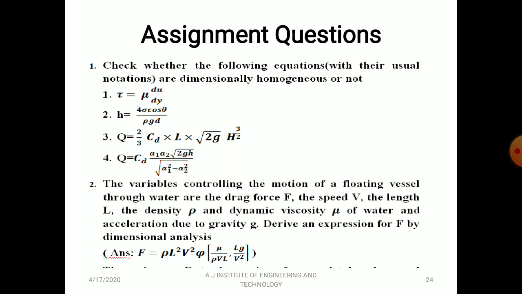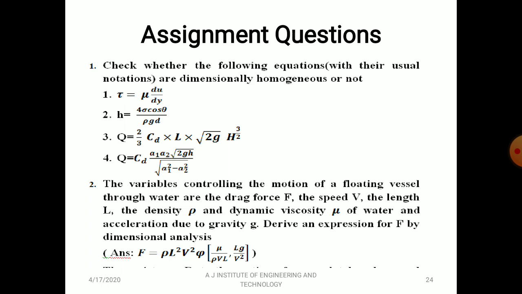So L is length in meter, and g is acceleration due to gravity, meter per second square. So H is head or height, that is in meter. And Q is the discharge or volumetric flow rate in meter cube per second. It is not heat transfer. Just remember that term. Then fourth one, Q equal to Cd into A1 A2 into square root of 2gH divided